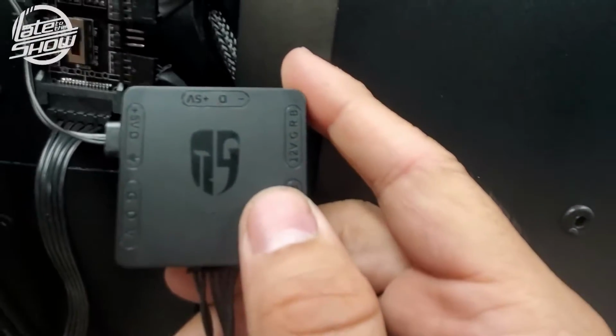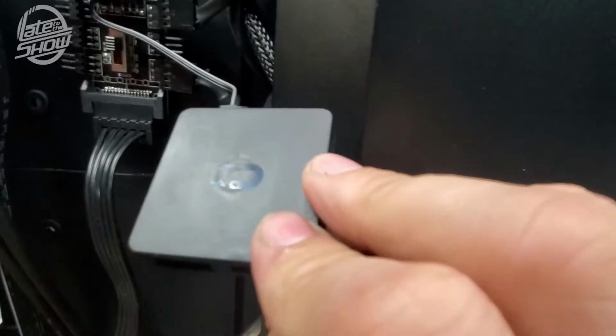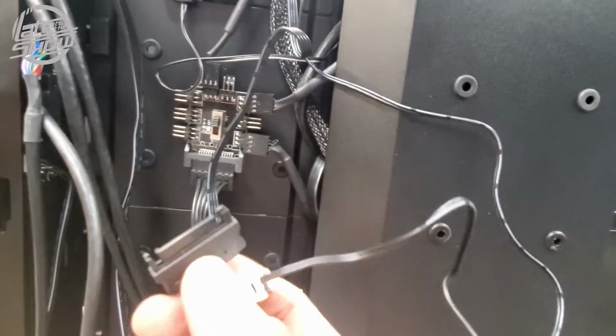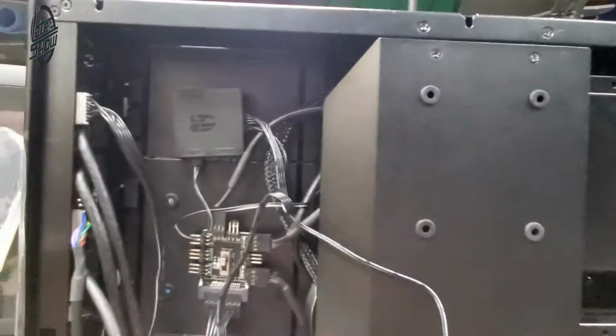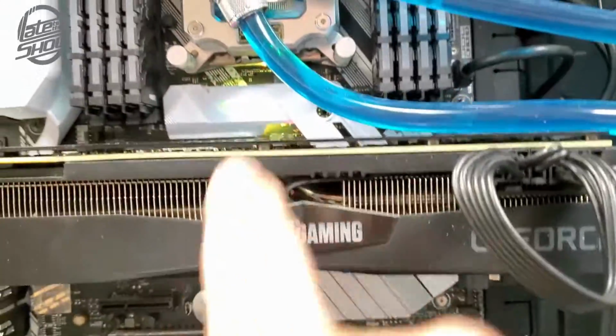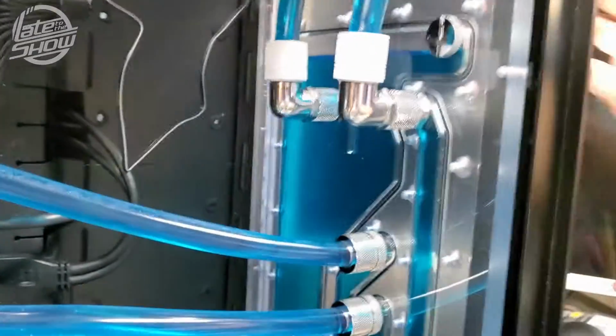All right, so we plugged in 1 RGB lighting 5 volts. I thought I had 2, but it only has 1, and we're going to magnetize it. We're not even going to do anything to it. We're just going to leave it there, and it does have an extra connection for an actual fan. Then we grab the SATA connection here, we just plug it in, and that's pretty much it. So let's go ahead and do that. We're going to turn it on, crank it up, and we've got lighting already in there. This is supposed to be lighting up with 5 volts already. So let me crank it up,